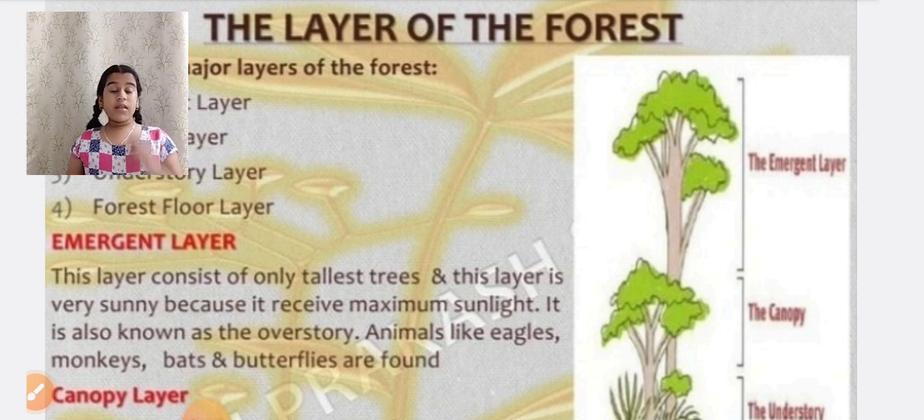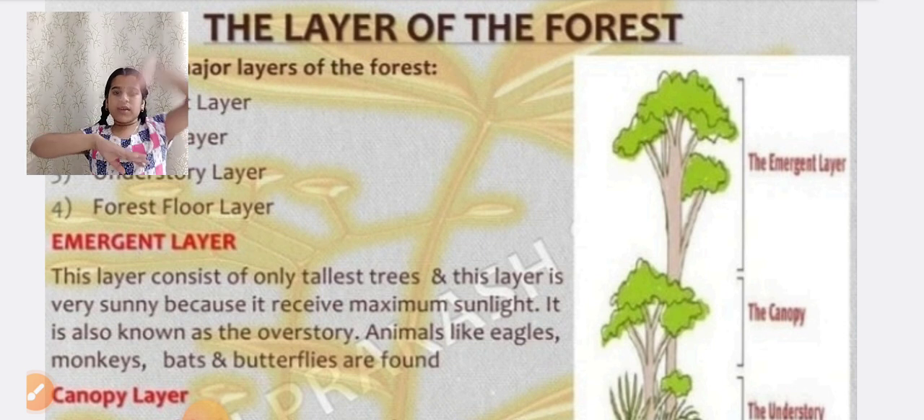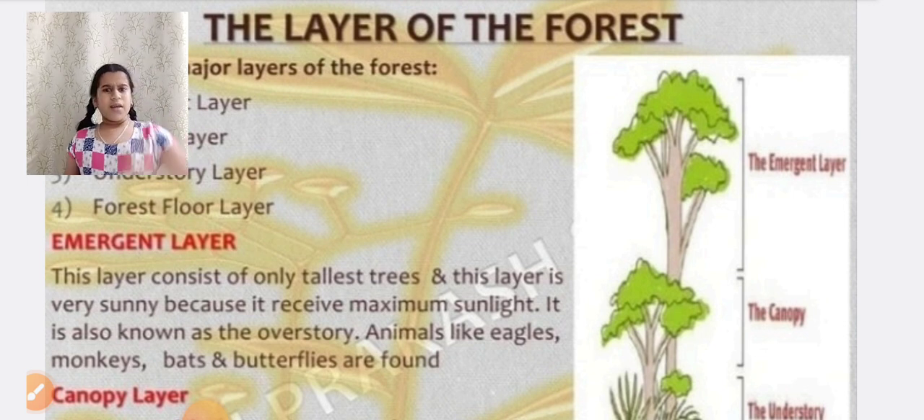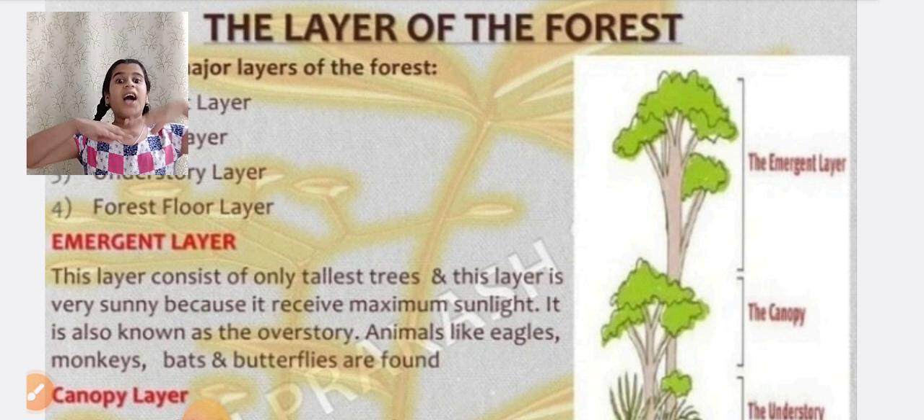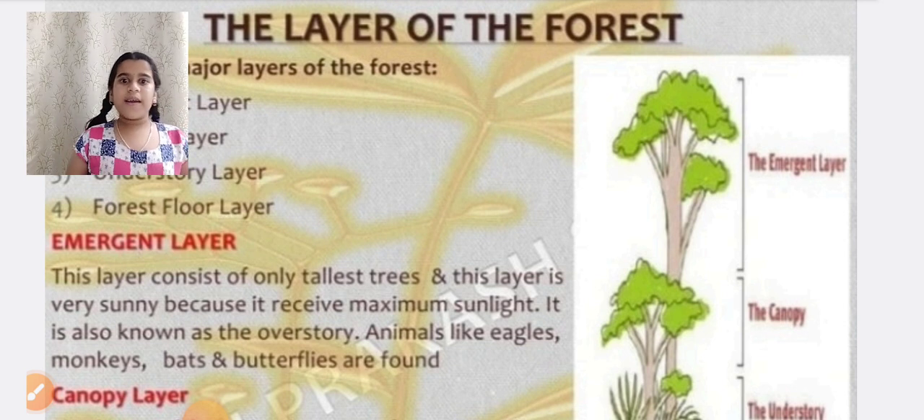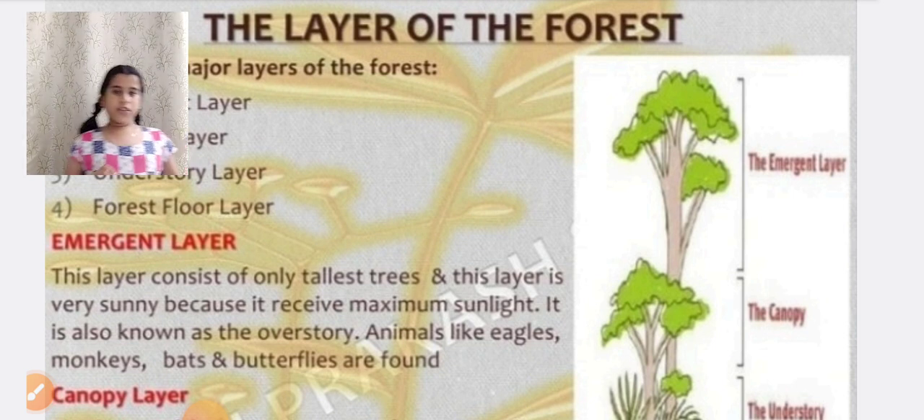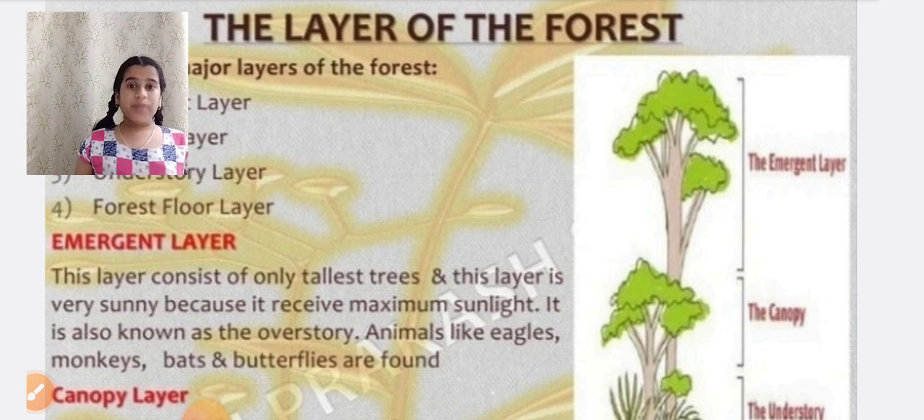This layer consists only of the tallest trees. The emergent layer is the tallest, highest layer we say. Short trees cannot be in this layer, so only the highest trees are in it. And when we talk about height, the trees are 50 meters and above. At 50 meters and above, it receives maximum sunlight,